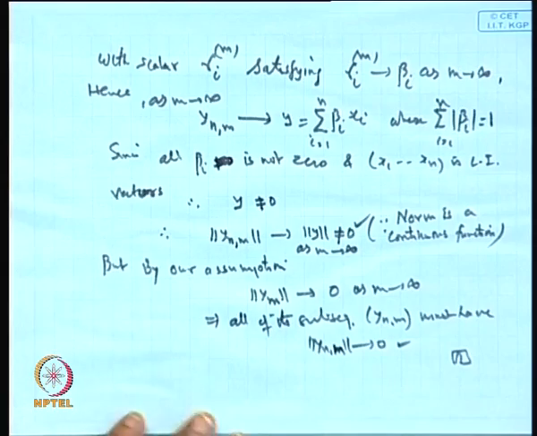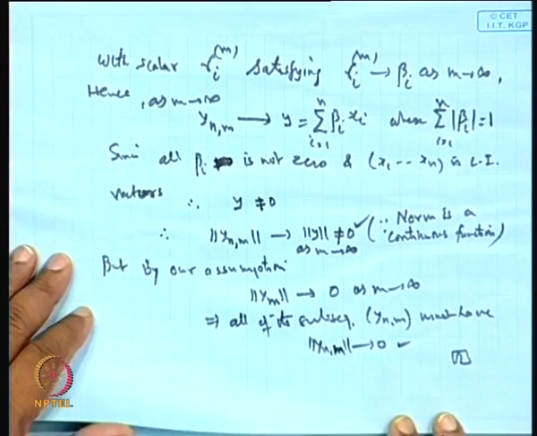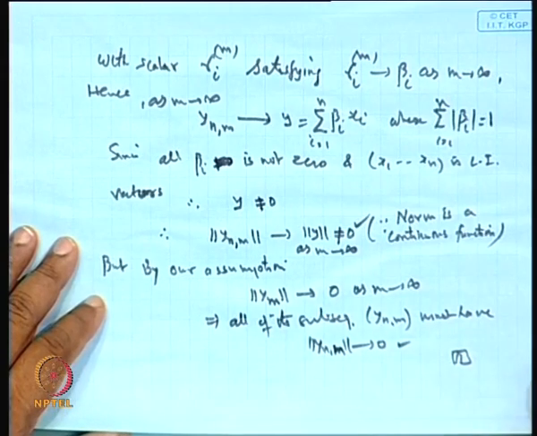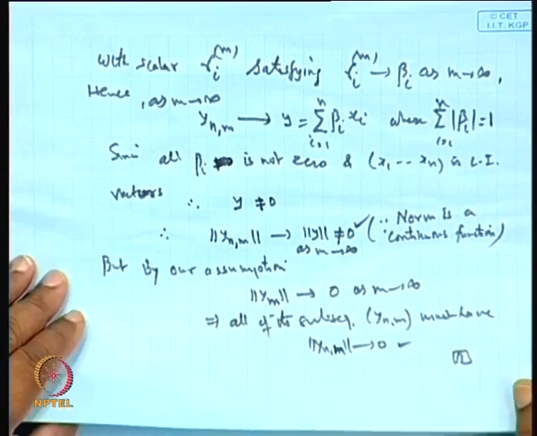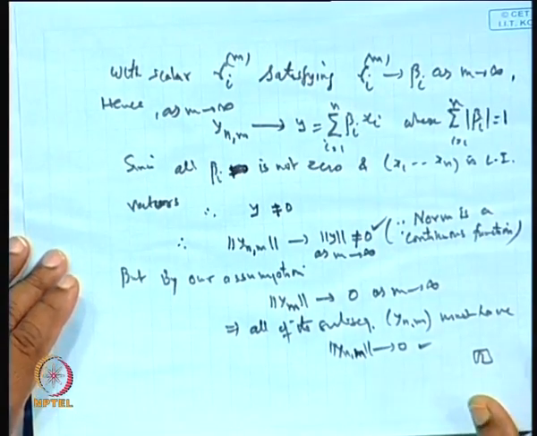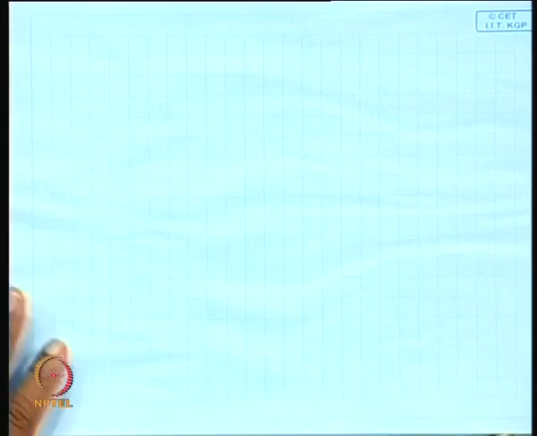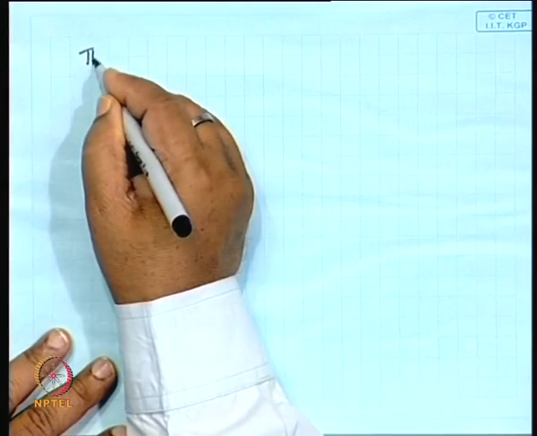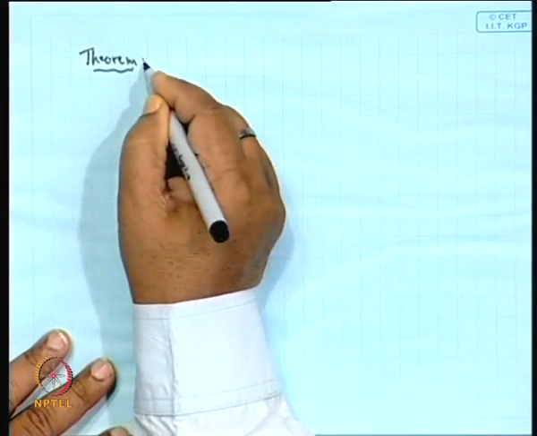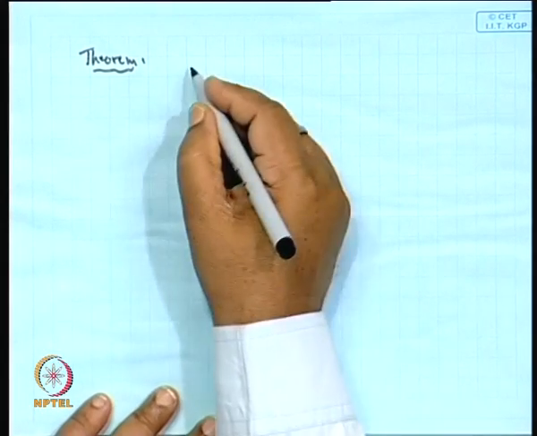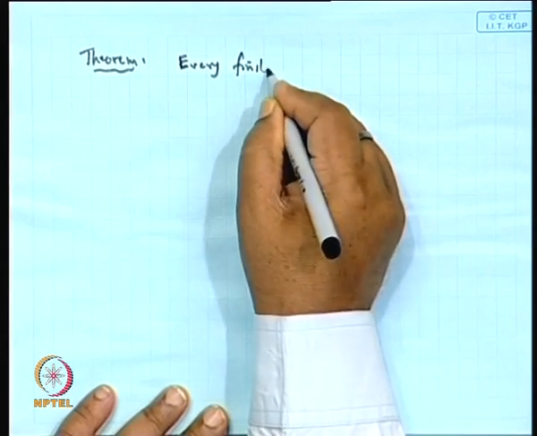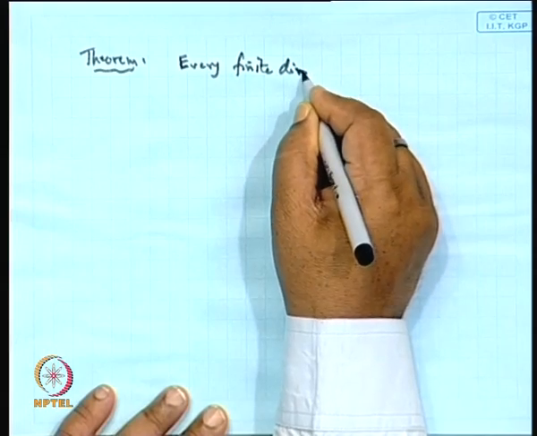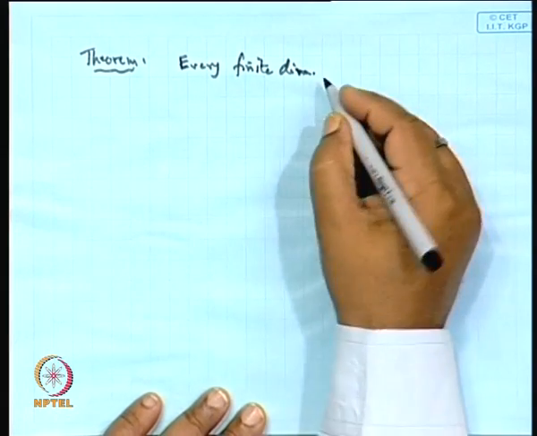Is it clear? Now, this lemma has a wide application in establishing so many results in the case of finite dimensional spaces. One can establish beautifully, by using this lemma, the results which are very important in the case of finite dimension. So, the first result which we add is in the form of a theorem: every finite dimensional subspace